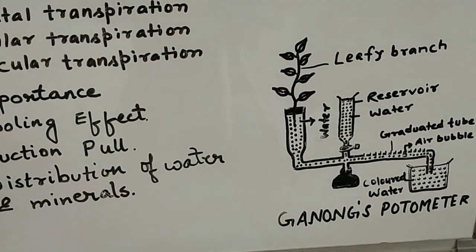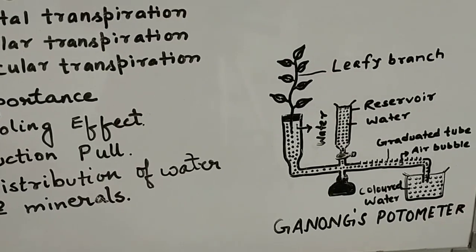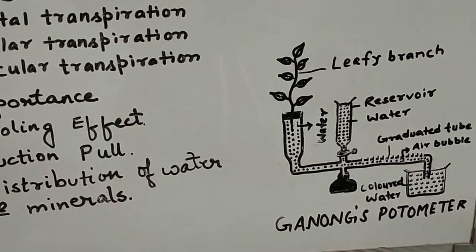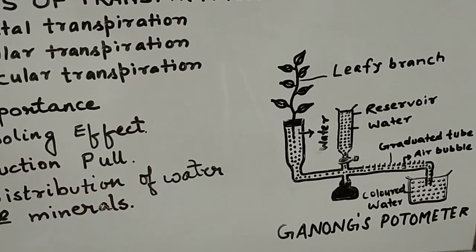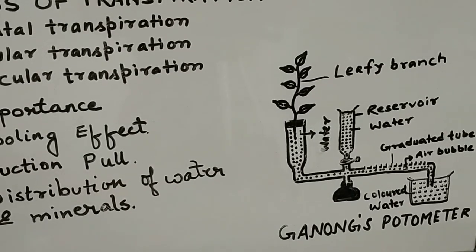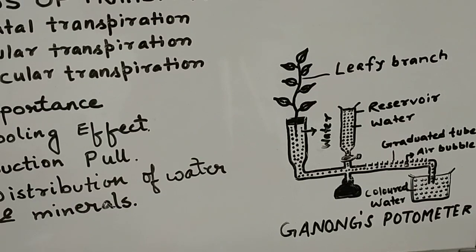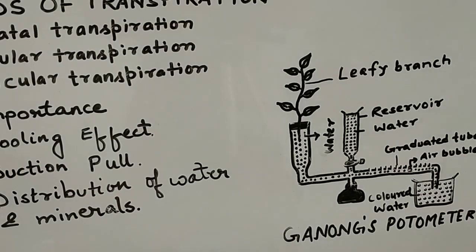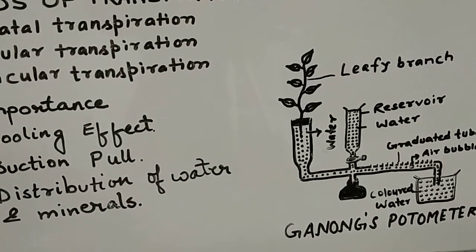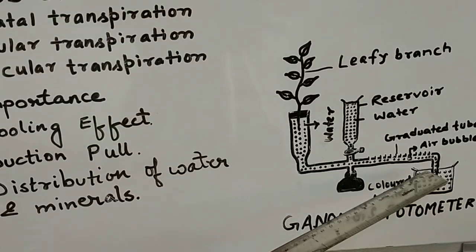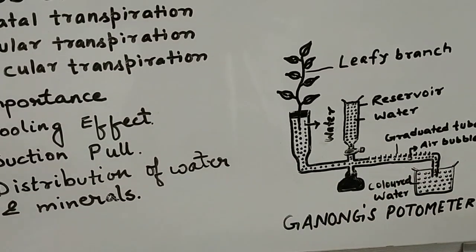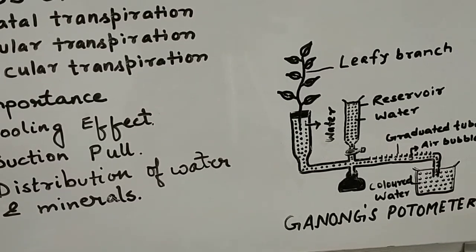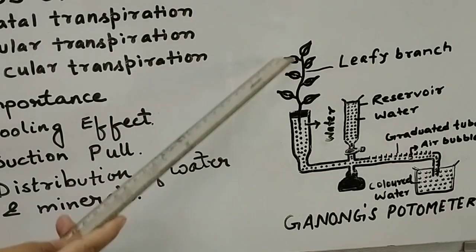Remember, there are some limitations of this potometer, as the leafy twig cannot be kept alive for a longer period of time. So this experiment has to be done very quickly. It cannot be so practical, but there are no options other than measuring transpiration in this way. This experimental setup is kept outside under a certain temperature, and then the movement of the air bubble is noted. After some time, the air bubble will start moving from the initial level to the next level, it could be 5 ml, 4 ml, and the difference between the initial level and final level will be taken as the value of the water uptake by the leafy twig.